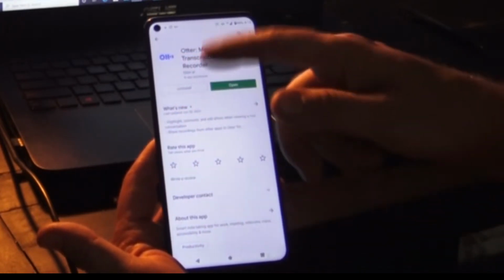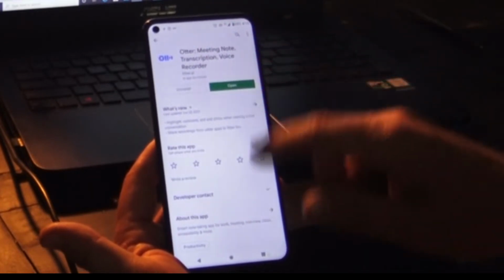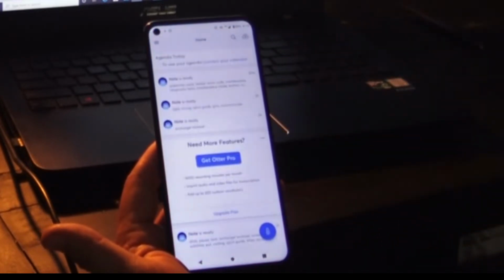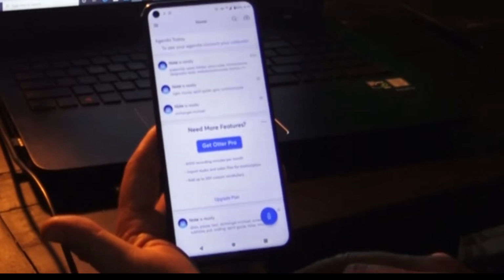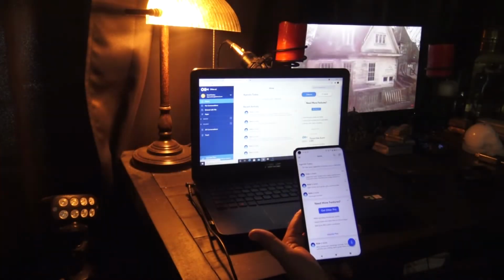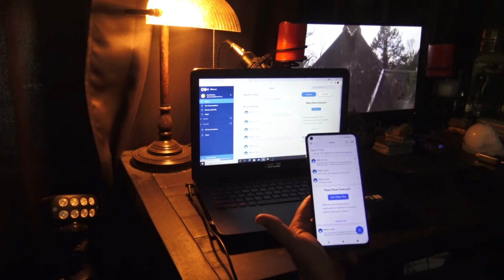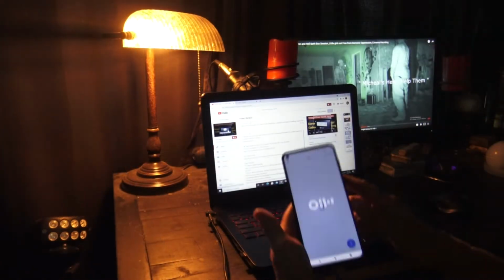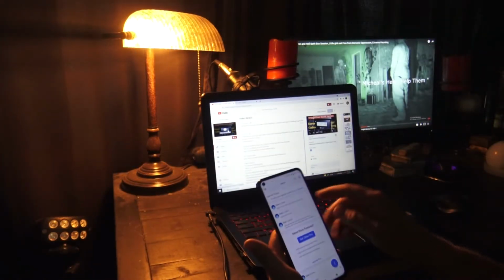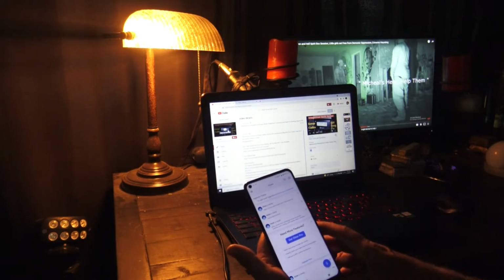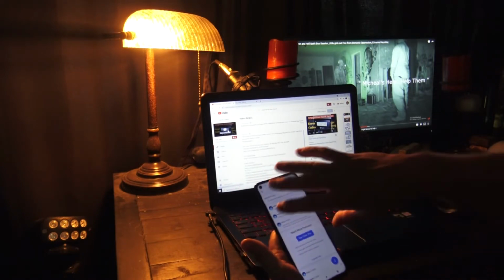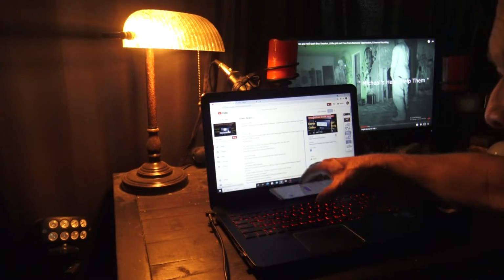You're gonna look for the O with the two eyes right there. Basically an audio symbol. And then once you open it, that's what it's going to look like, so you know you have the right app. And I'll try to put the link in the description box if I can snag the link. You open up your app, and then what you want to do is place your phone next to your speaker, like so,